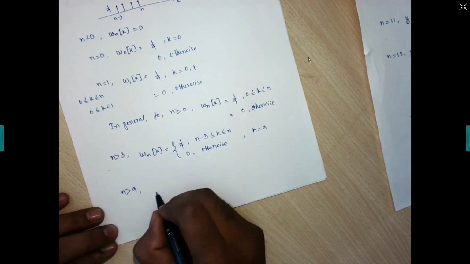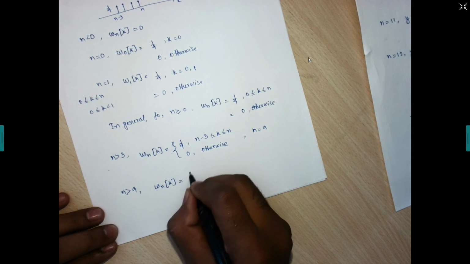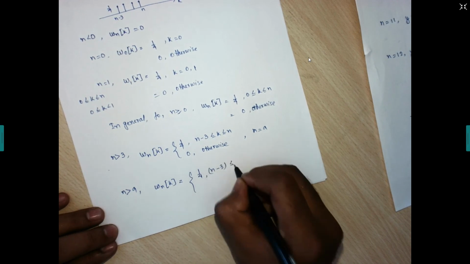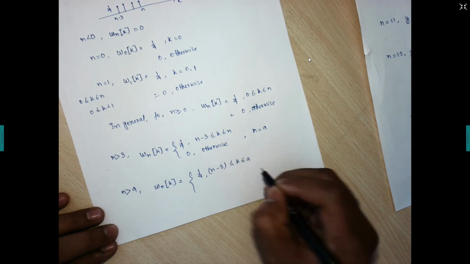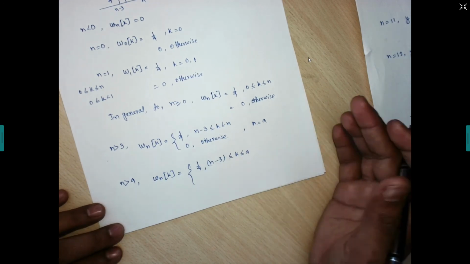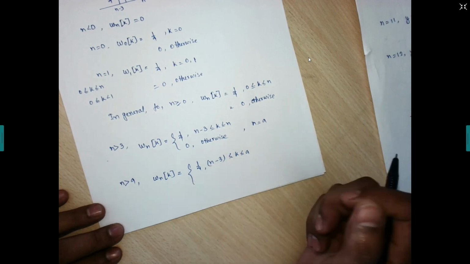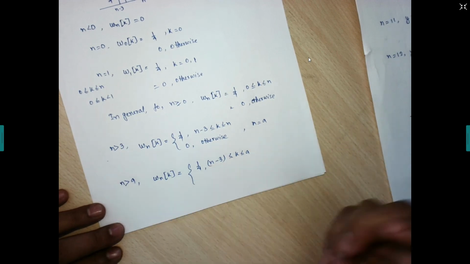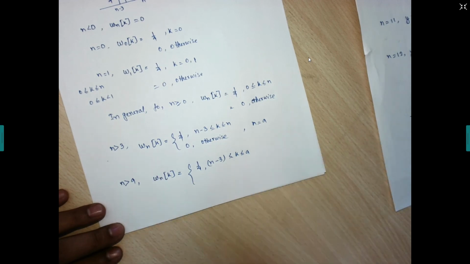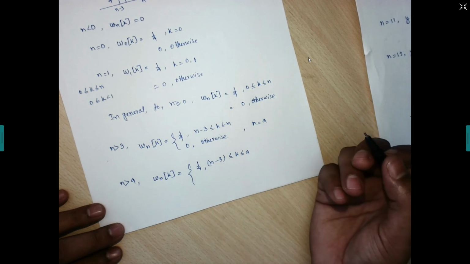what is happening? Let us write in the same way, 1 by 4 for n minus 3 less than k less than 9. So what does it mean? If we move beyond n greater than 9, the k range decreases. If we are going beyond 9, this k range has been decreased. So how? Let us consider n equals 10,